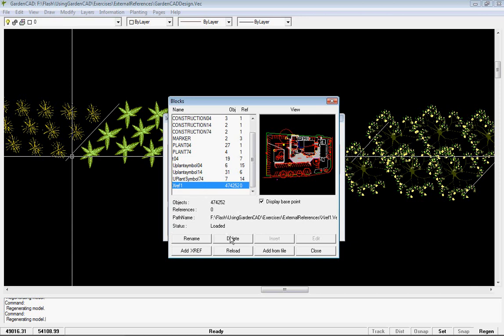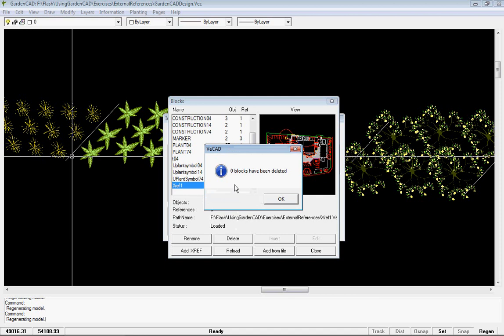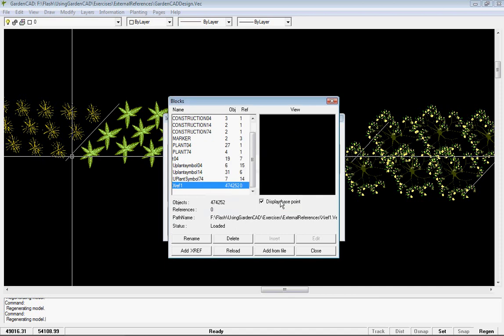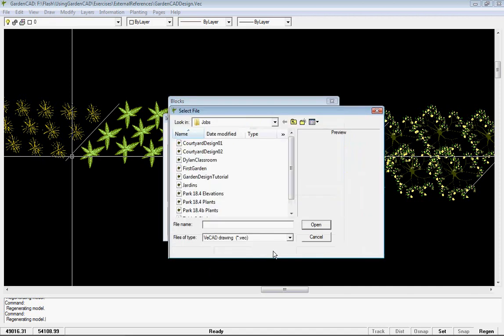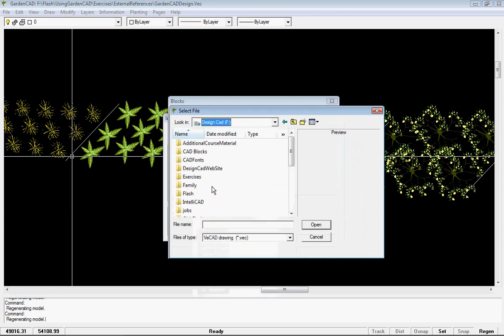Here we go. Here's a delete option here. So I'll say let's delete all unused blocks, and in fact it didn't disappear in that little one there. We need to look at that, but that's not the point that I'm trying to make. We just say add from file, and it's going to a jobs folder at the moment, and I'll have to, if you bear with me a moment, just go into the